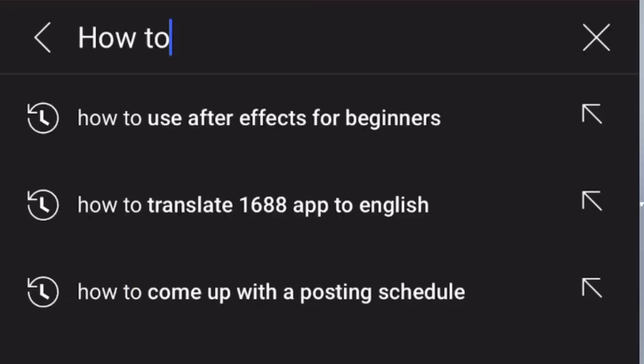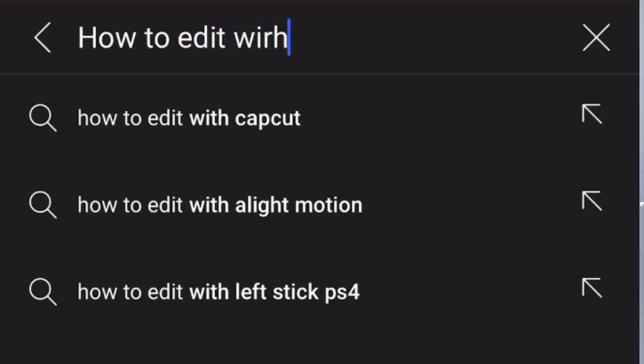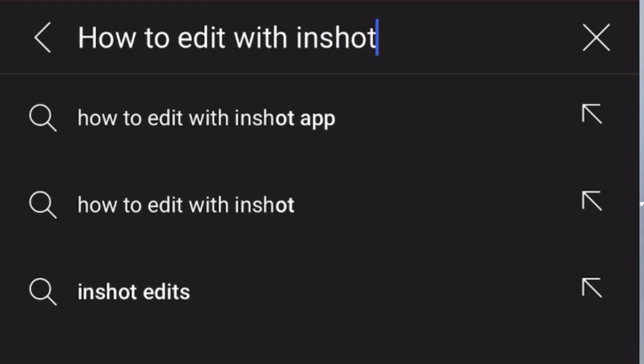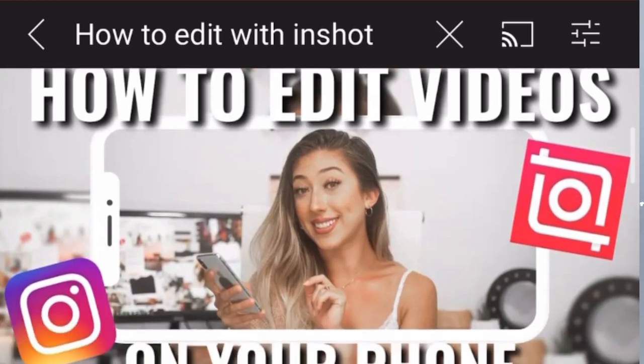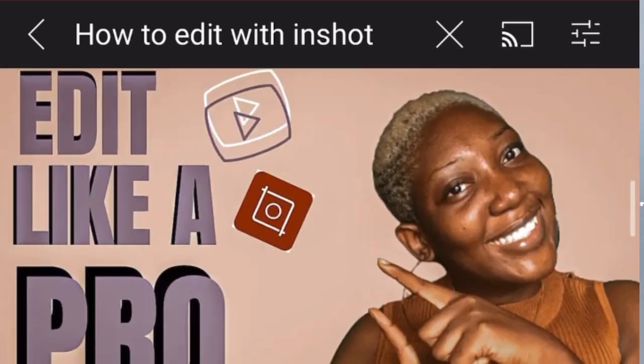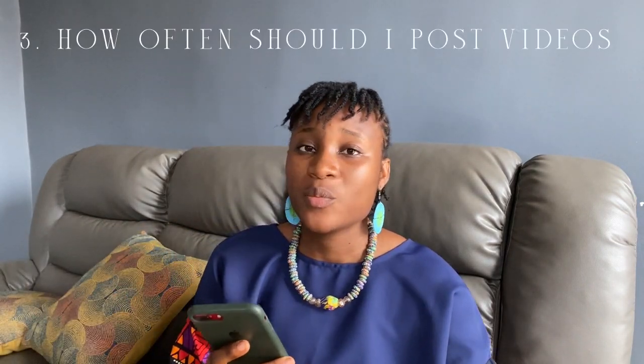You just go onto YouTube and search how to edit videos with Inshot, how to use CapCut, you just search all of that, watch those videos and get the basics that you need to be able to know how to edit your videos. What is sure is that you cannot be perfect when you just start. You're definitely going to get better and better as time goes on. Before you start, you just get the basics and you get on. Don't overthink things, just start, do what you have to do, and you will eventually get better in the process.